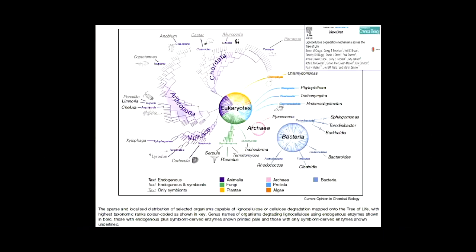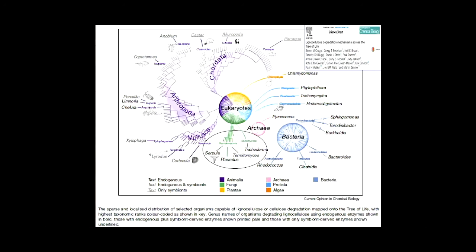Okay, this is also the tree of life, but it's from a paper that we put out just a year and a half ago or so. And you can see that this is lots of different organisms, like you've got the eukaryotes where we fit, the archaea and the bacteria here. So all the different organisms that live on Earth.